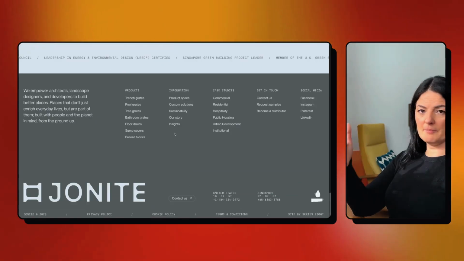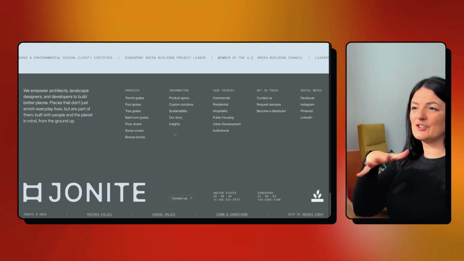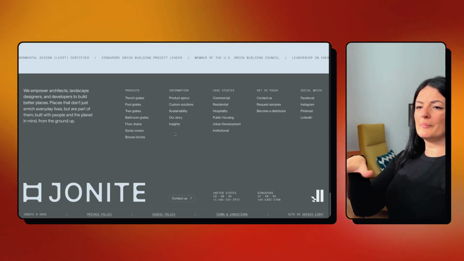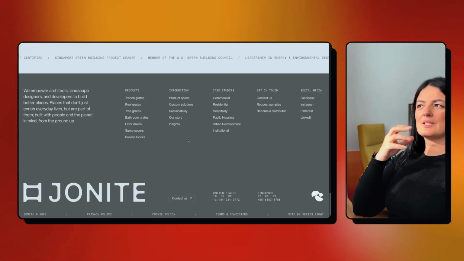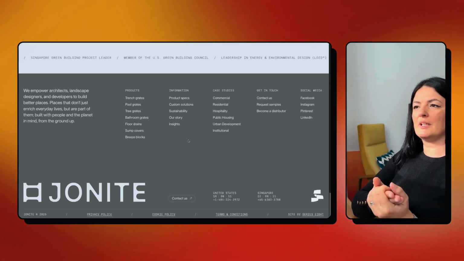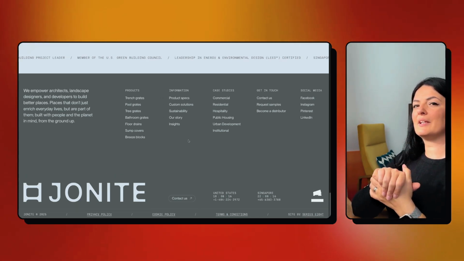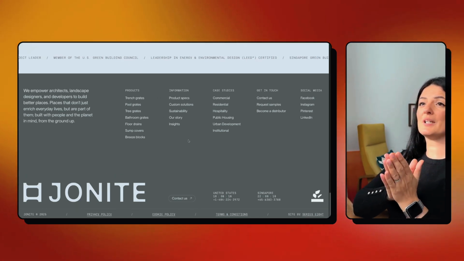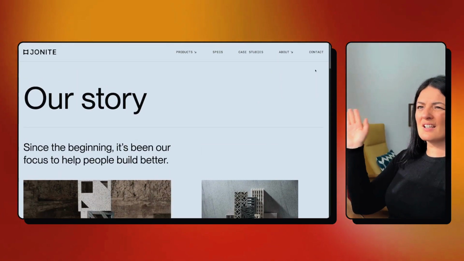Yeah, it's simple, but also very informative. Yeah, so it has everything that you need to know, to buy, to get in touch with the brand. So this is what a website should be. It should not be too overwhelming. The user experience needs to be as clear as possible, which in this case is from start to finish, I